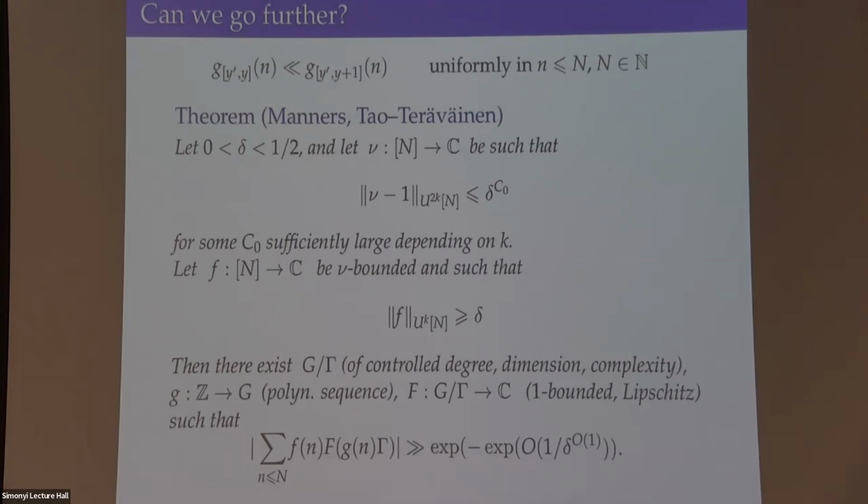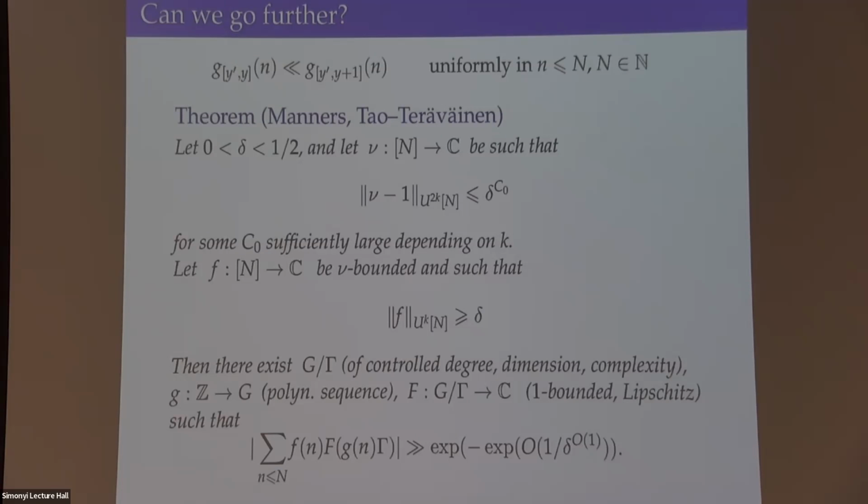Okay, can we do anything else? When you work with smooth numbers, there's one very tempting approach, namely the set of y plus 1 smooth numbers trivially contains the set of y-smooth numbers. So our majorizing functions have the property that if you increase the y by 1, you get some majorization. Our weight functions have this majorizing property. So it would be tempting to start in the dense case and remove one prime factor at a time. The Green-Tao methods cannot be combined with such an inductive approach, and I would like to explain this